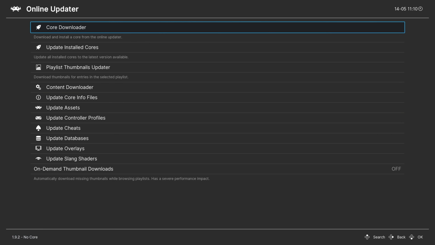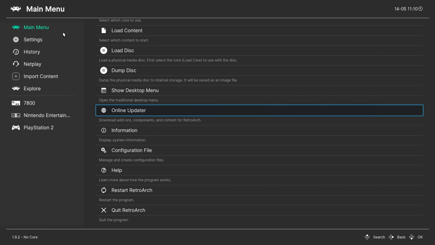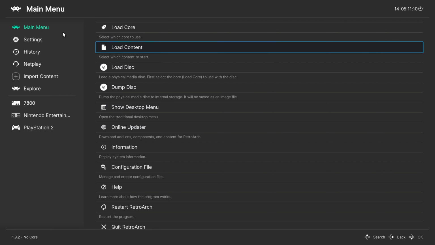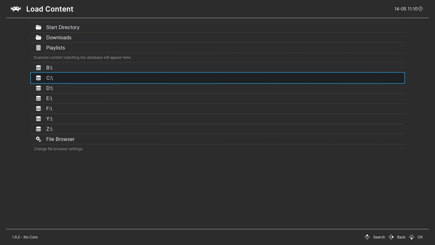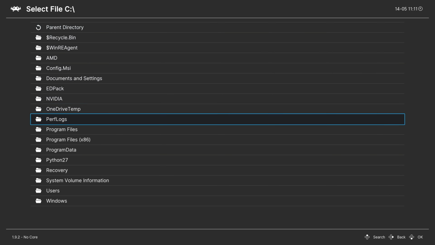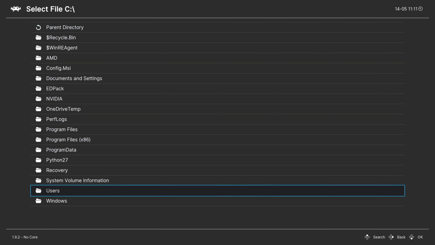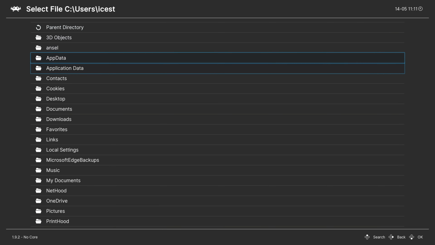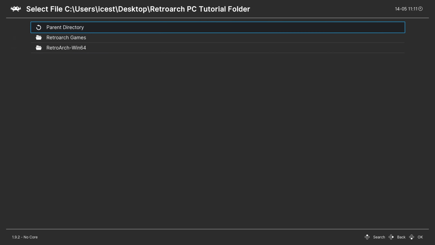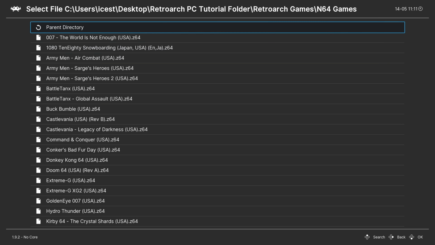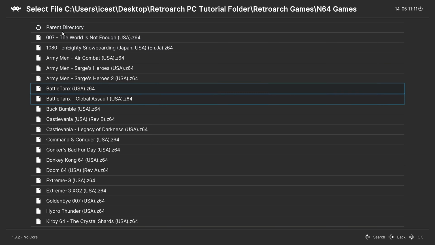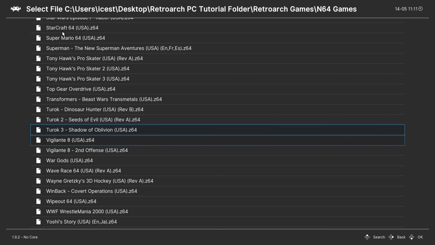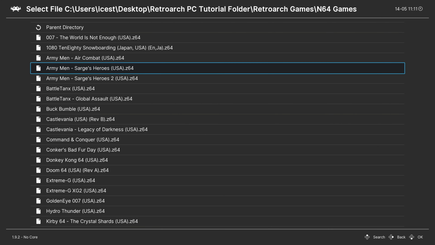And once the core is downloaded, we're ready to begin loading up N64 games, and one of the methods to do so is to go into Load Content, navigate to the folder that you have your N64 games in. So for my example, I have it on the desktop, so it's C, Users, Users Profile, Desktop, and then I put it in Retroarch PC Tutorials, Retroarch Games, N64 Games, and there are my N64 games that I can then select and load up. I don't really care for this method, it's long, slow,